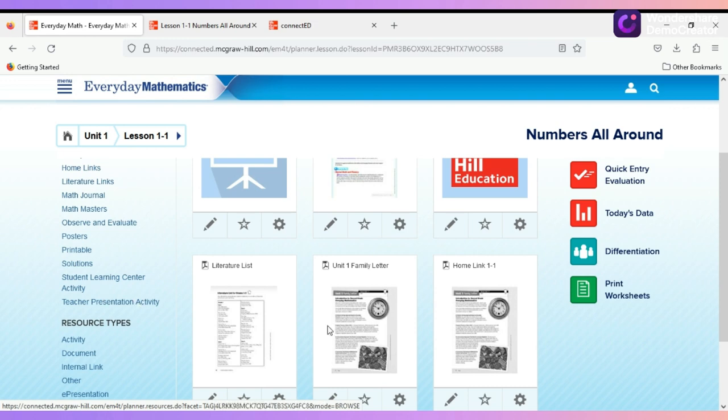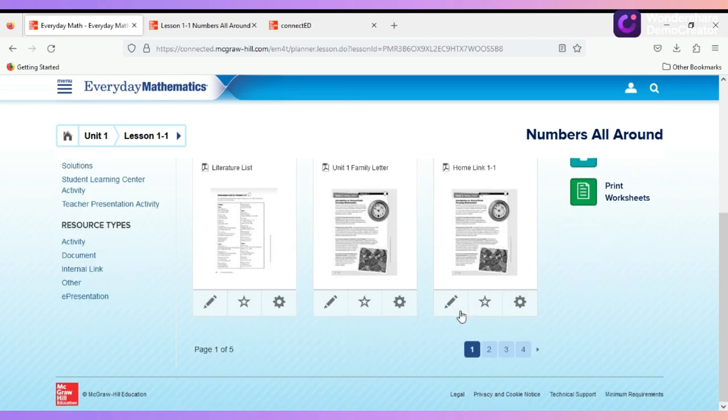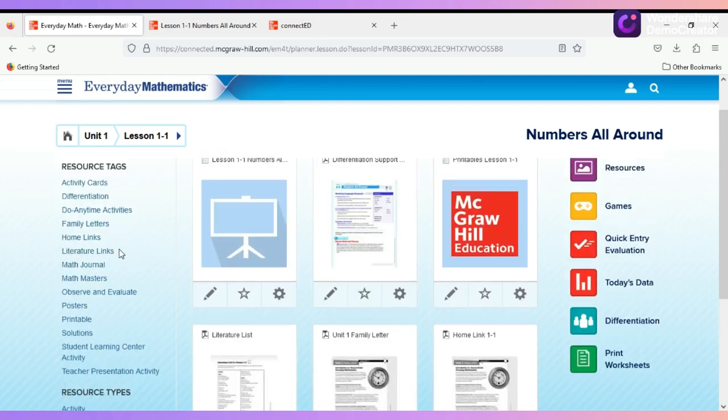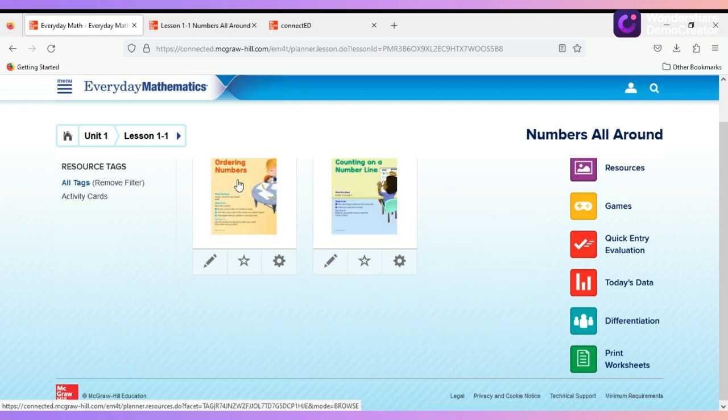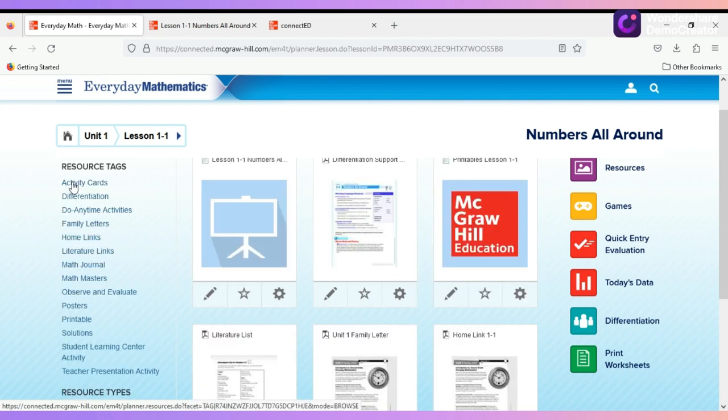I do like that all of the resources that are printed are all on here. So if you wanted to send home the family letter or the homework page, you can do it all from here, or you can make copies off of the student edition books that you have as well. The activity cards are games that the students play in small group, which are referenced often and helpful to introduce